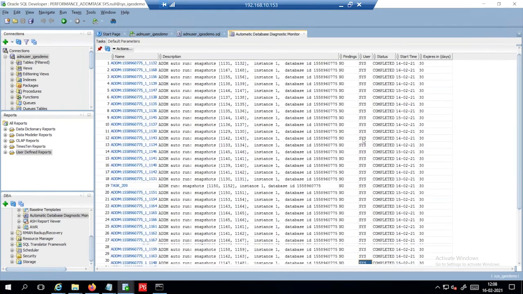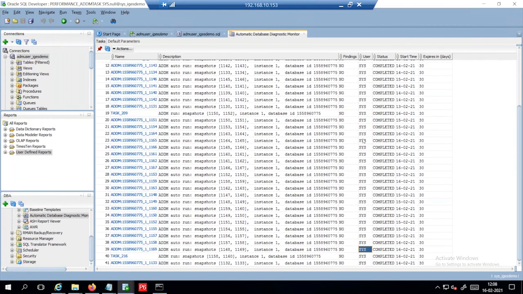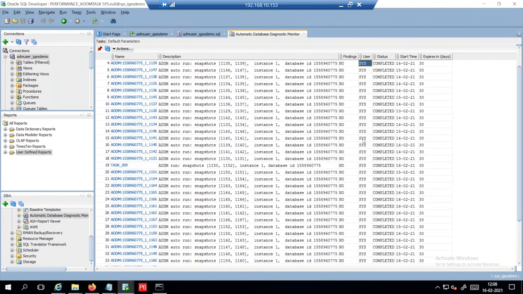No findings actually. This is a demo database. So in a prod environment, it will list the findings and its recommendation. So you can proceed with the information. You can go with the recommendation with respect to this report generated.